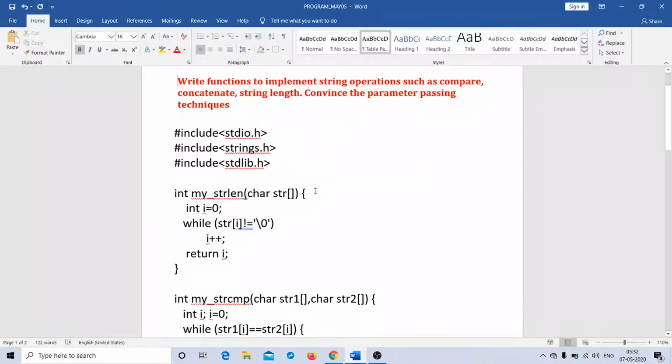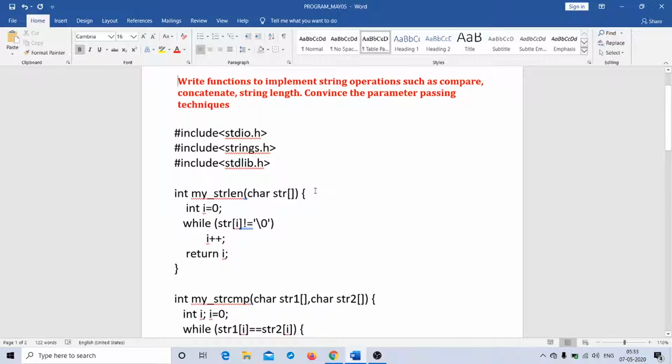String comparison, where you compare two strings and draw a conclusion whether the strings are equal or not. And we also know that when two strings are compared, and if the strings are not equal, the result produced is nothing but the difference between the ASCII value of the first non-matching character.